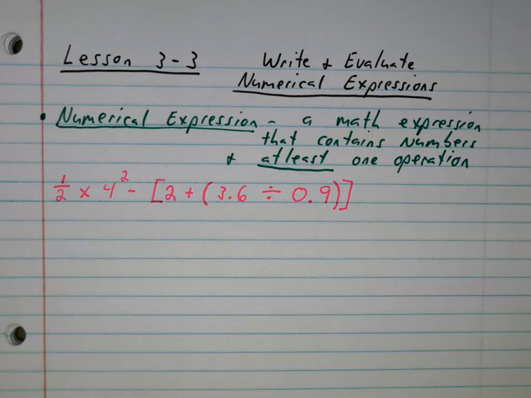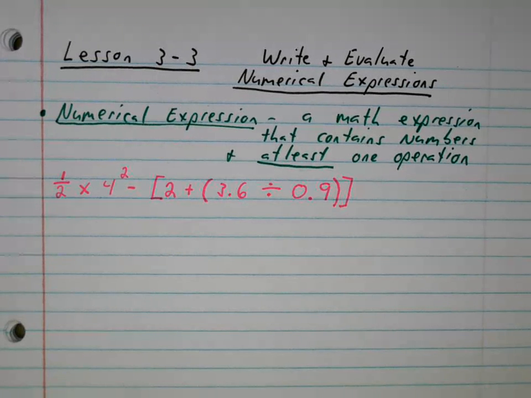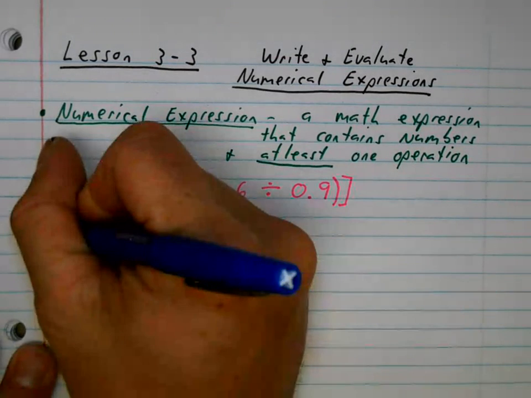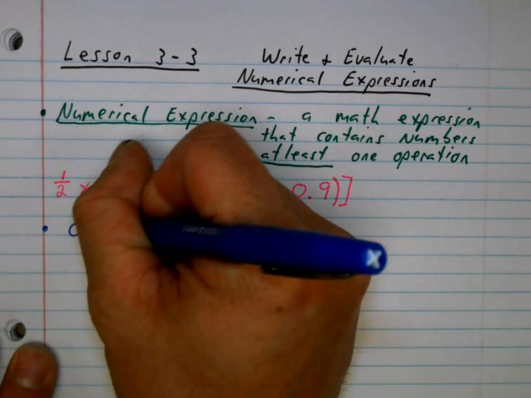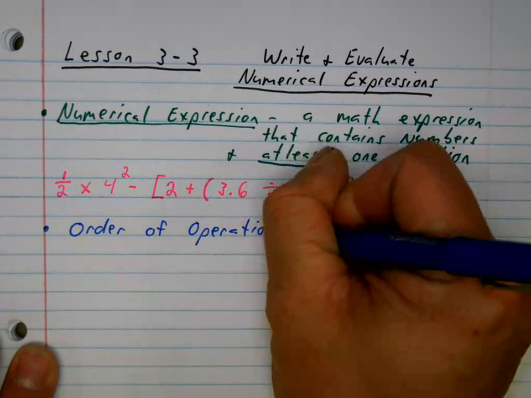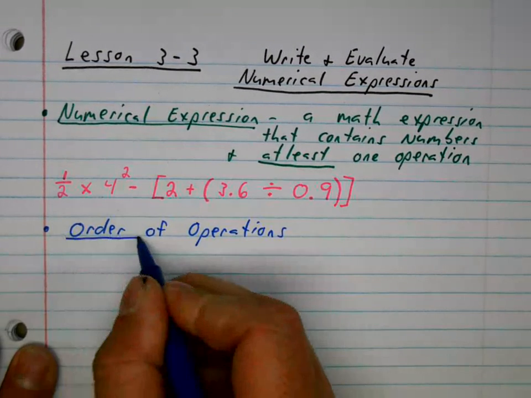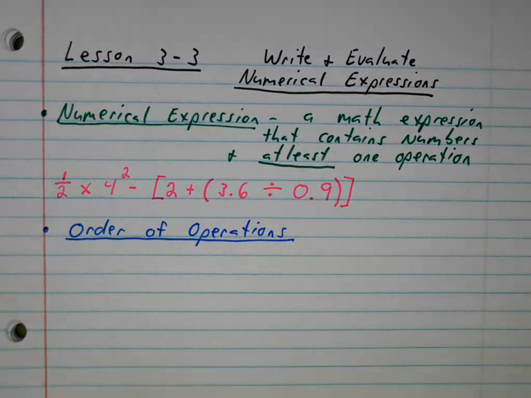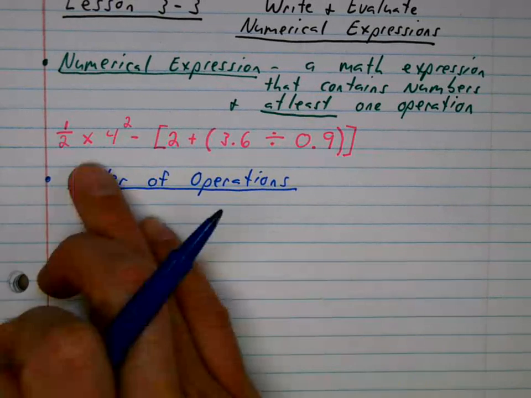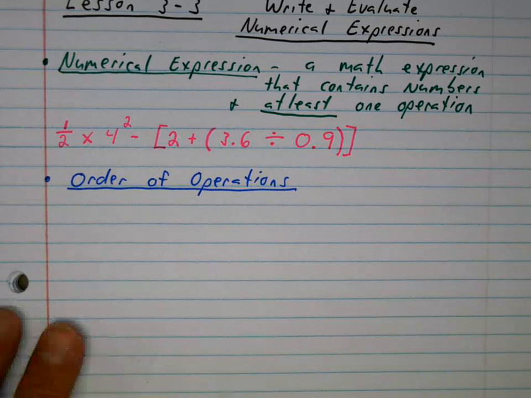So right now, if you look at it, this looks complicated, but you are in luck because there's something you've been taught before that's going to help you with this. It's going to break it down into very manageable steps, and that is order of operations. Now, if you're thinking, I don't know what order of operations is, well, you do, because even back in 4th grade, you learned the saying that goes along with the order of operations that helps you solve a numerical expression like this. And the saying is,